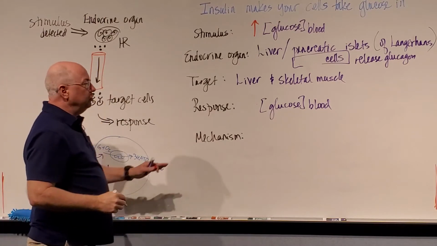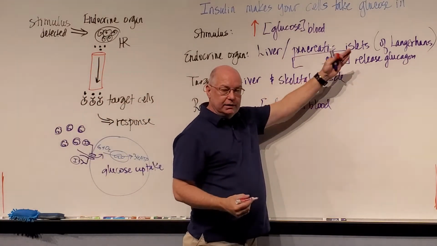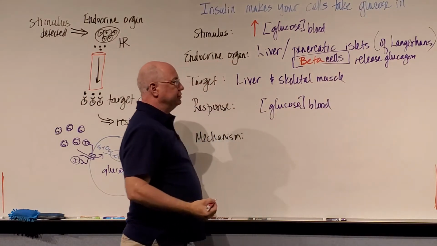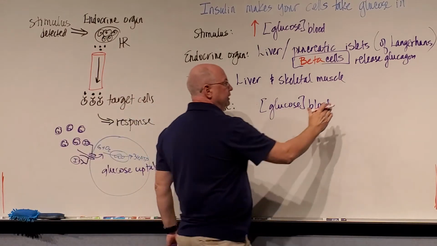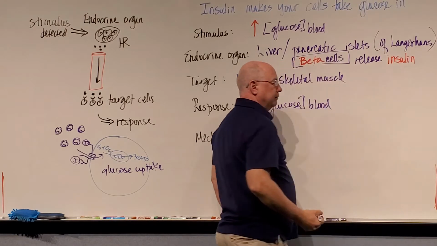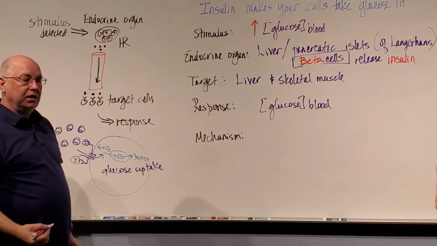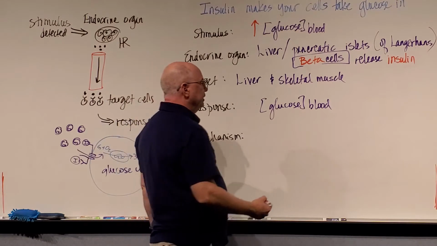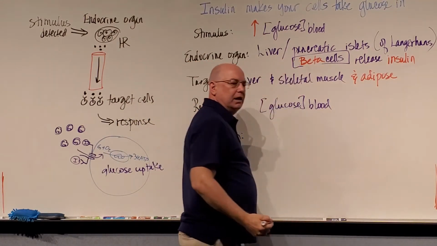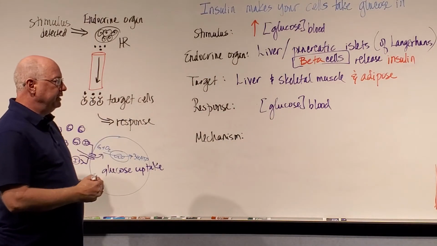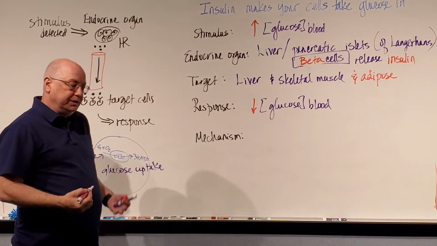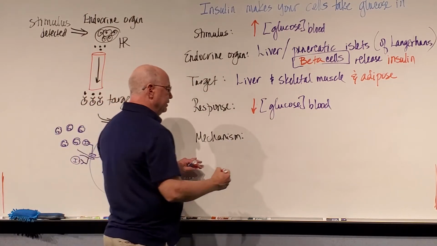The same endocrine organ, the pancreatic islets or islets of Langerhans, have a second class of cells in there called beta cells. Beta cells are going to release insulin. Now, insulin is going to target a lot of tissues. It's going to target liver and skeletal muscle and adipose tissue, as well as many other cells, but these are the major ones. The job is going to be to lower your blood glucose levels. It's going to decrease it. And the mechanism is